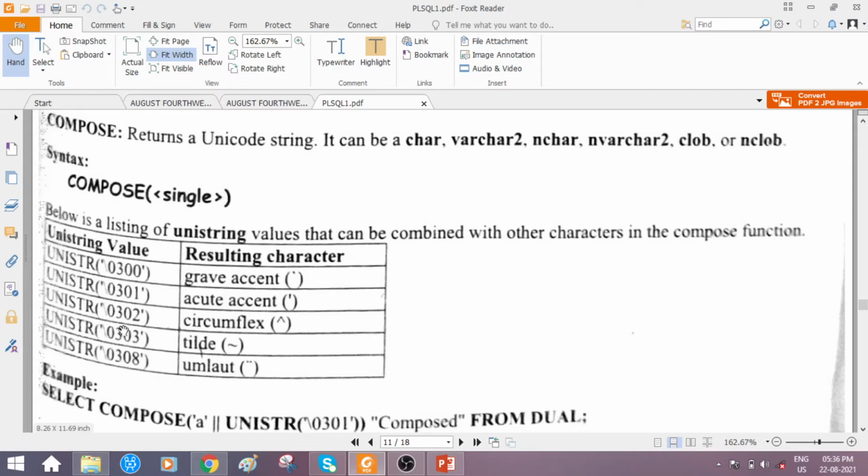So what are these? Just check out here. If we provide this unistr value, then what character is it going to return?